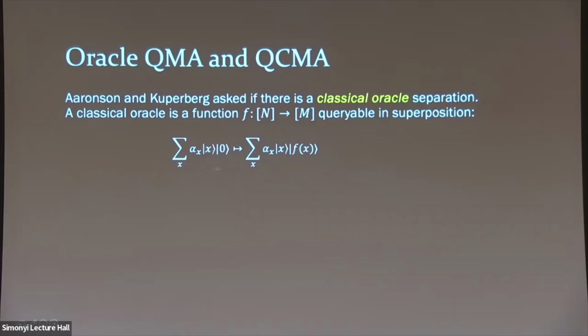Suppose that the verifier started with some superposition over inputs, let's say a summation over elements X, where X ranges over the domain. Then after applying the oracle, it gets the corresponding outputs in superposition. So if you can have a classical oracle separation, that feels much more interesting, because there's a classical oracle problem. Your yes instances and no instances are just sets of functions, and you're asking for what pairs of sets of functions a quantum proof can help distinguish.